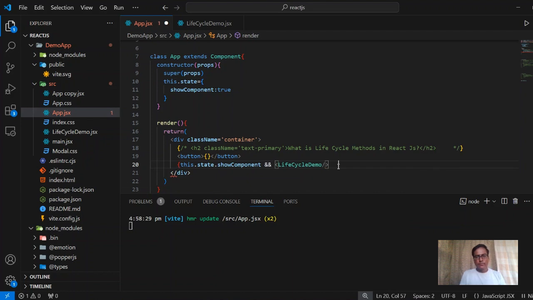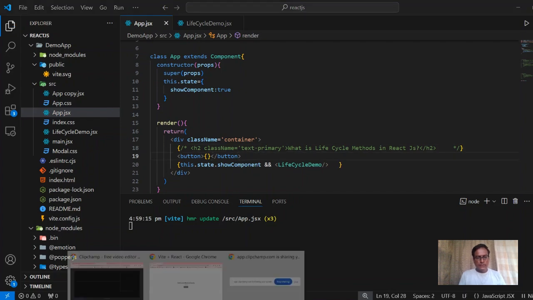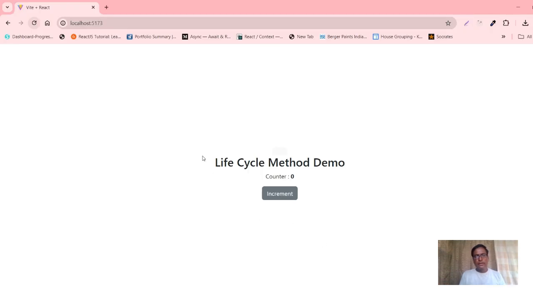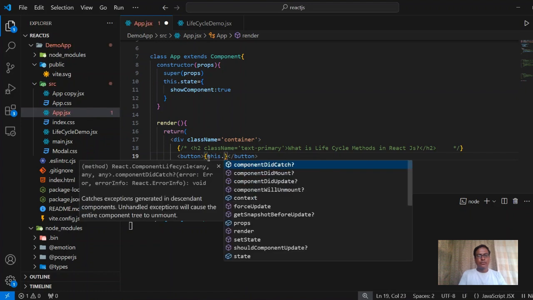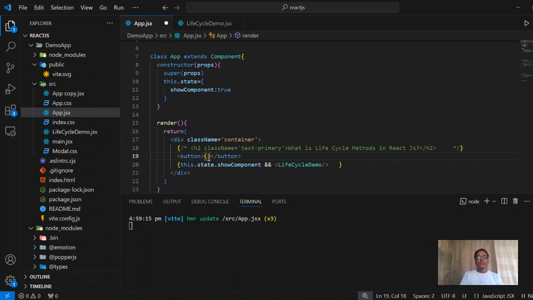As you can see, our component is currently being displayed because the value is true, so it is already seen. Now let's see this value. Now we want this button, on click, to load that particular component. So this.state.showComponent will say hide, else it will say show, and we will load the lifecycle